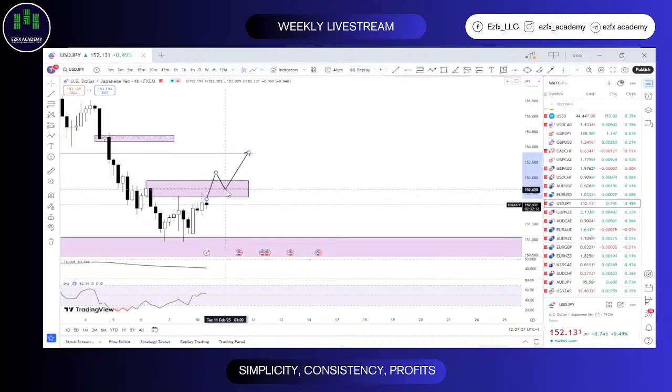So what you can just do is to work with the 50% rather. That will be around 152.630 or so, 152.630. Watch out for buys from somewhere around there. Go to the 15-minute time frame or the 5-minute time frame. You should be able to get your entries for the buys from there.